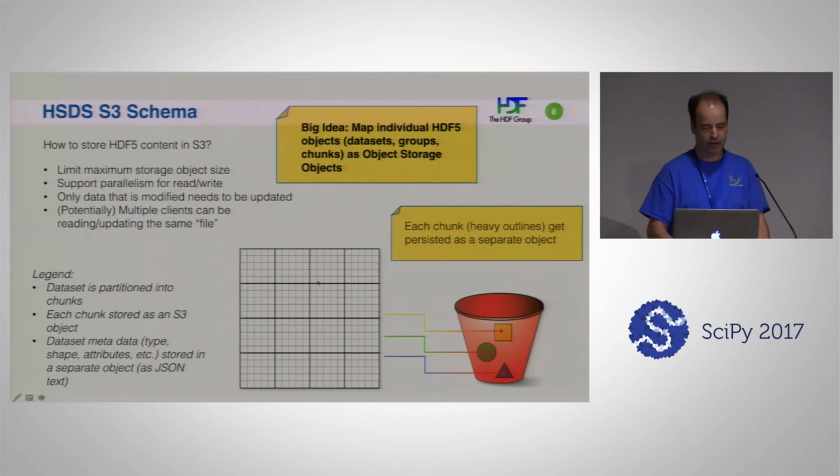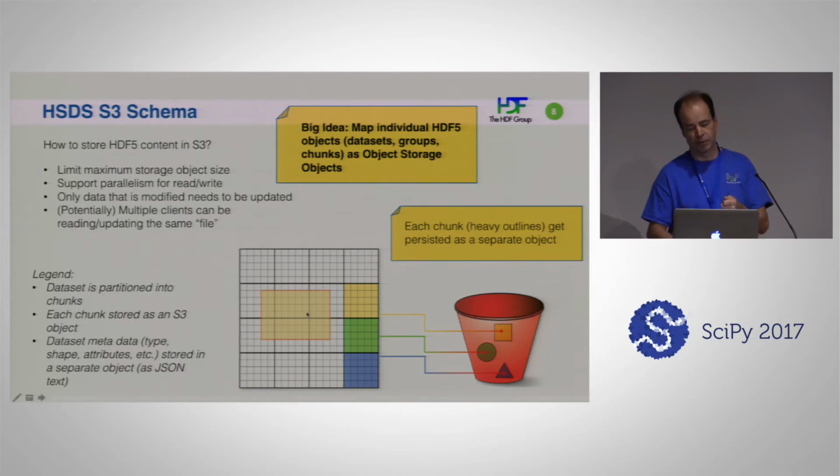So in this graph here, you can imagine this as a data set. Chunking is this concept in HDF where we take a data set and partition it into regular sized blocks. In HSDS, each of these blocks is stored as a separate S3 object. For example, if I wanted to read this yellow region in the middle,